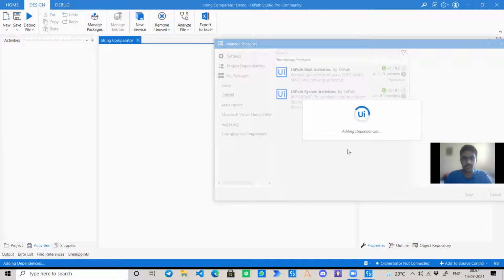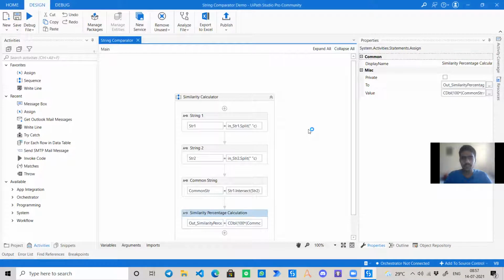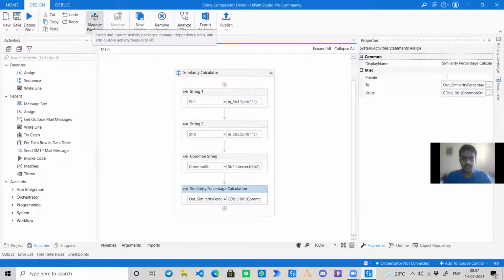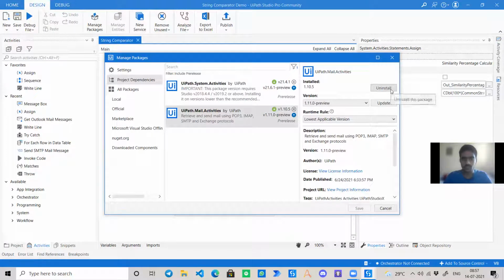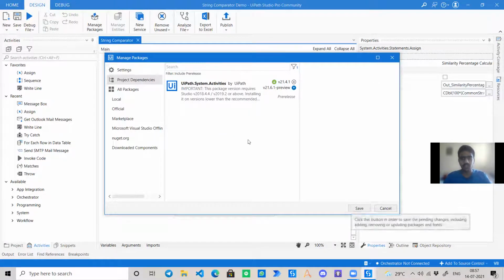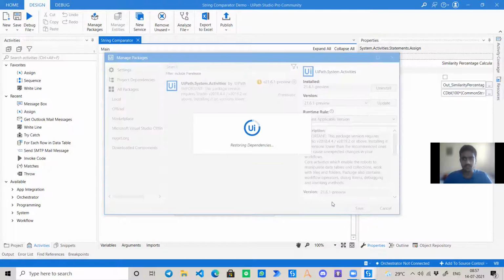So it is saving. The idea is that only those packages should be available which come in use. Since we are not doing any kind of mail, we will uninstall the mail activities too. We will keep the system activities with us, and let's say, is it the latest one? Updated. Save.